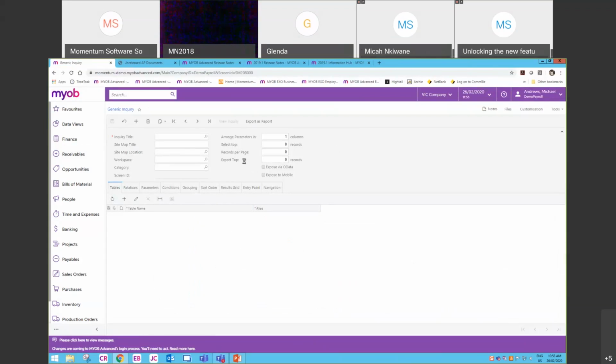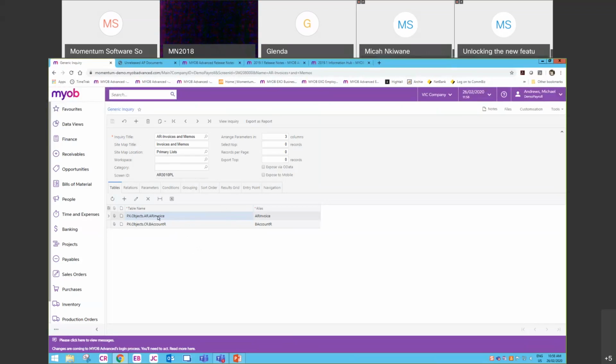is in the generic inquiry. So if you're not familiar with the generic inquiries, they are a reporting tool in the system, but they're also what many of the main transactional or inquiry screens are already made up of. So a generic inquiry, you can create one from scratch, or you can copy an existing one. It's easier to copy existing ones and then change them than create new ones from scratch. Creating new ones does require, I guess, knowledge, some of which can be trial and error, of what tables or